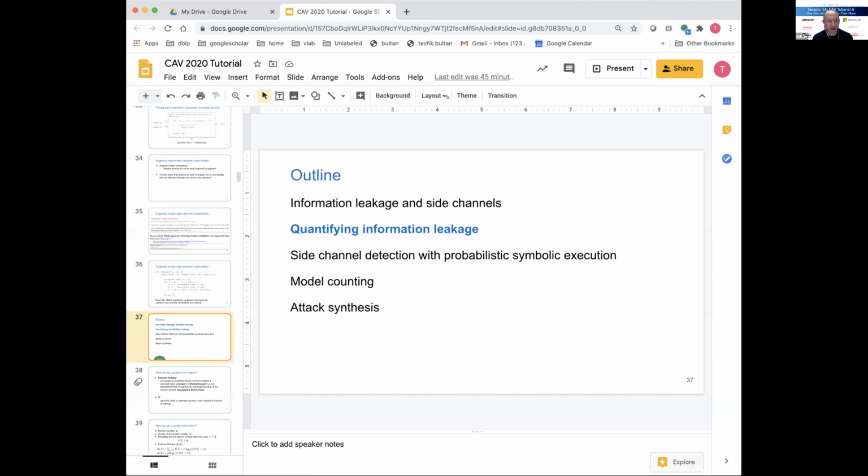Any more questions or should I continue? Okay, so I'm going to talk a little bit about information theoretic stuff, then I'll get into symbolic execution-based analysis. So this is, again, the more generic part of it. And I have been working on this, I guess we started about 5 years ago, maybe. So I learned these things myself.